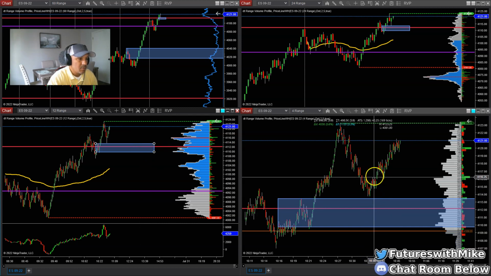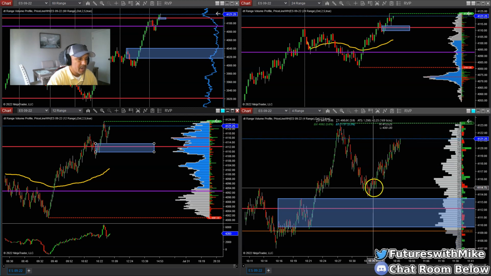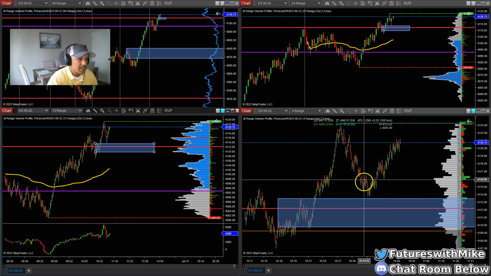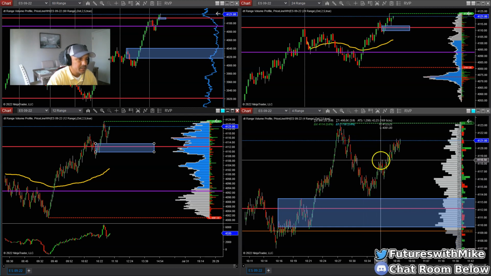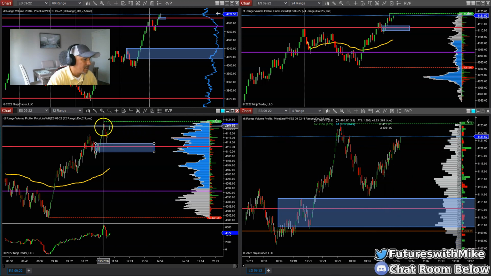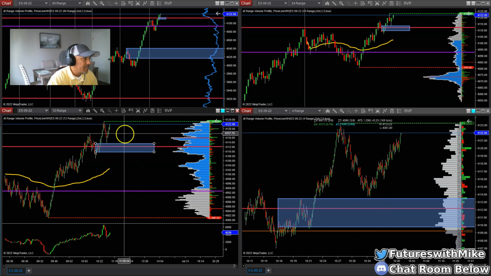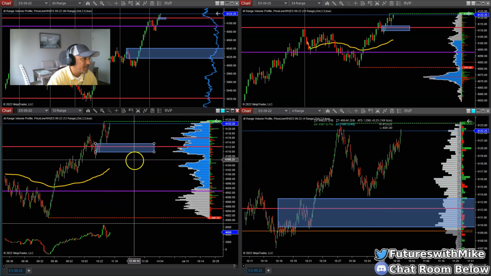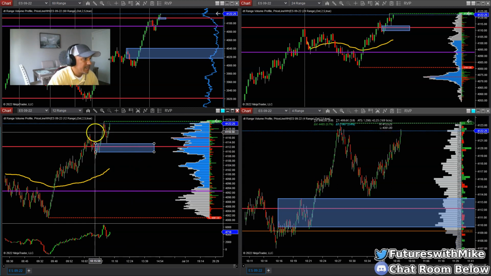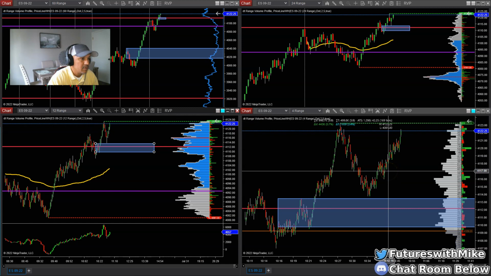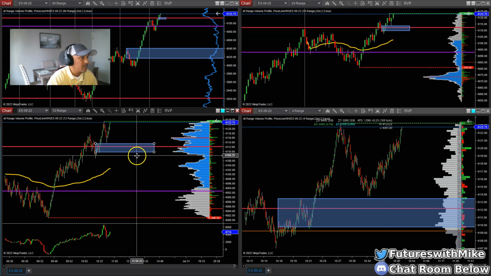Pulls down here, makes a low, breaks back higher, breaks through structure on the way back up. Basically, you look for as price pushed higher, taking this area right here out, making structure and breaking through structure on the way up to the upside. Pulls back long right here at 17. You can take it back up to the highs right here. So there's definitely 2.5, 3 points that you could have gotten out of that move. It's a kind of tight area because we're close back to the highs once you got in here, but still there's at least 2.5, maybe 3 if you would really held it out.